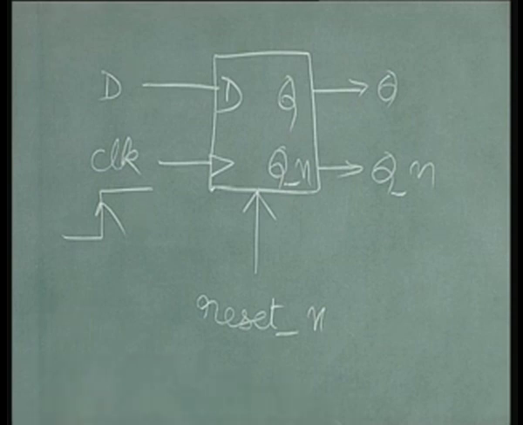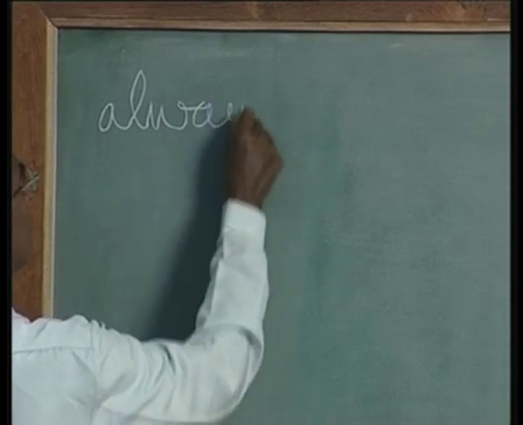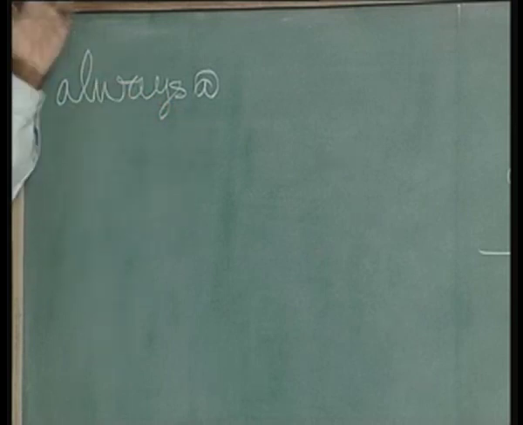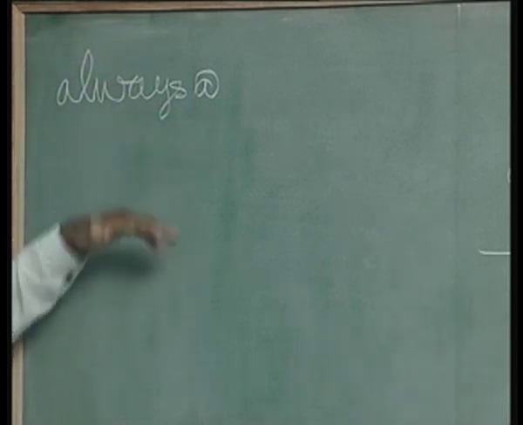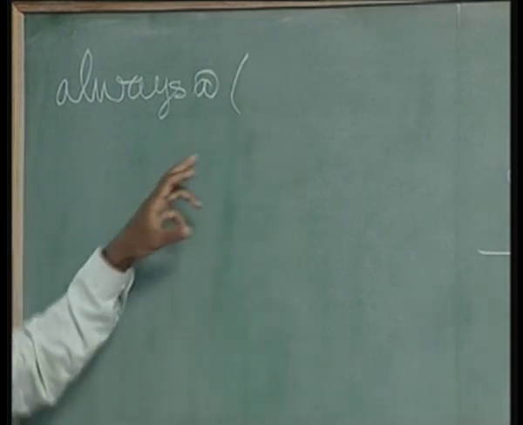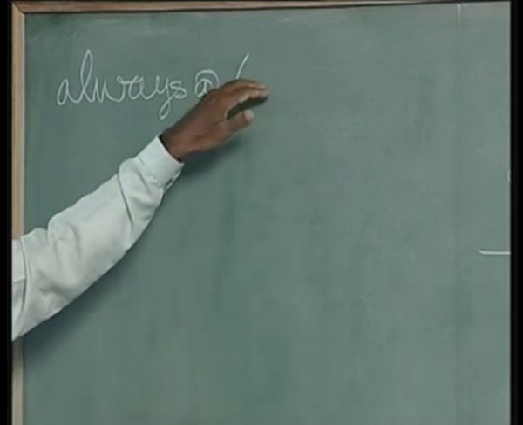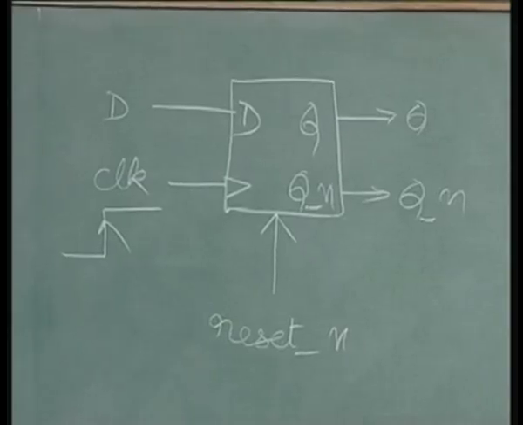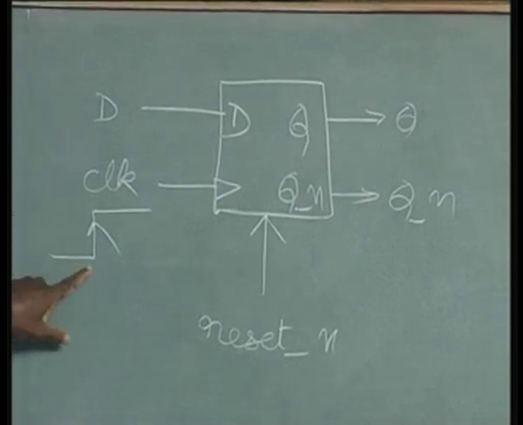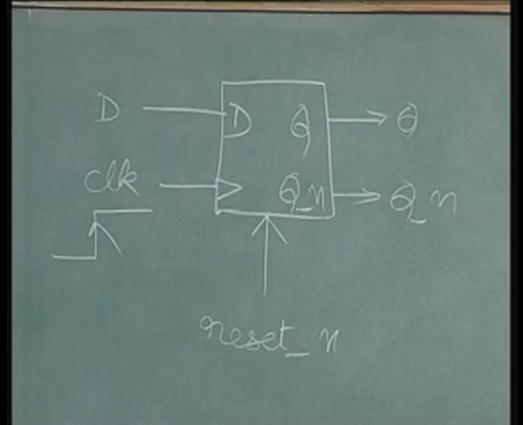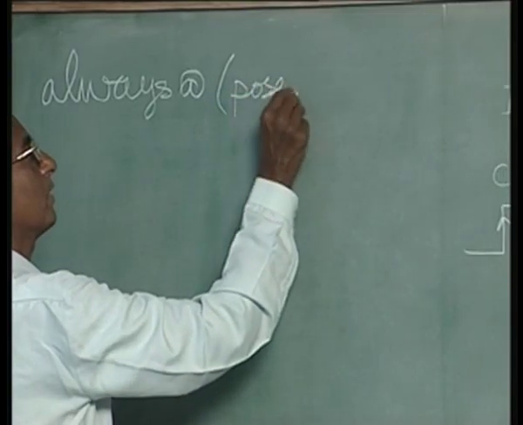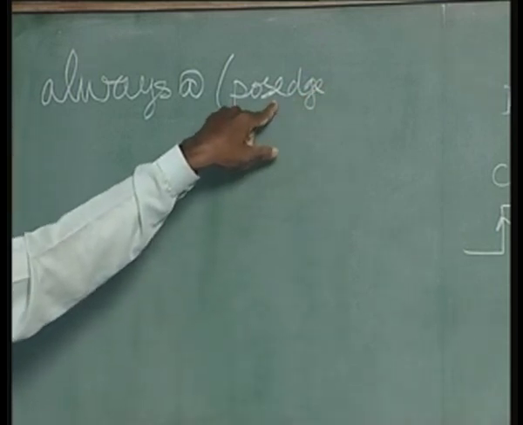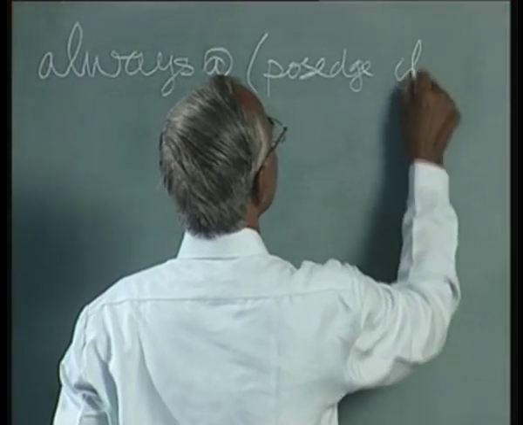We'll use always. Once again this portion is common to combinational as well as sequential, but here is where it makes the difference. Now within brackets the same inputs come into picture, but this time it is going to be a clock rather than the ordinary logic signals. So that makes the difference. For example, you want this at positive edge. So what we do is we use a reserved term in Verilog called posedge. Note this. If you make a spelling mistake, naturally the tool will complain. So now what we do is